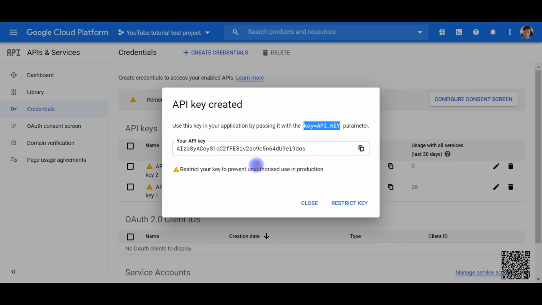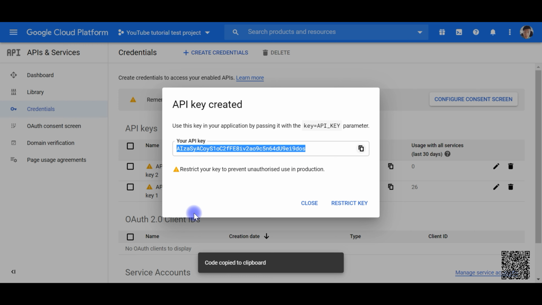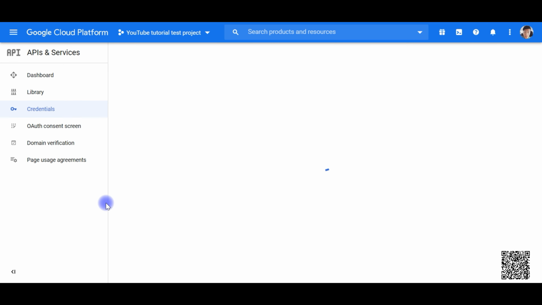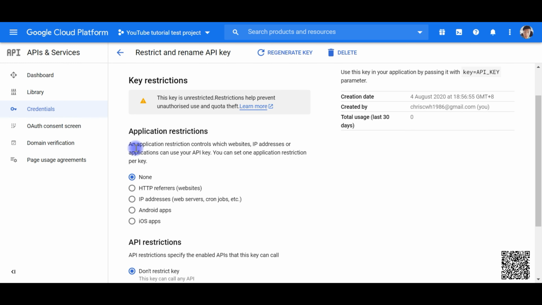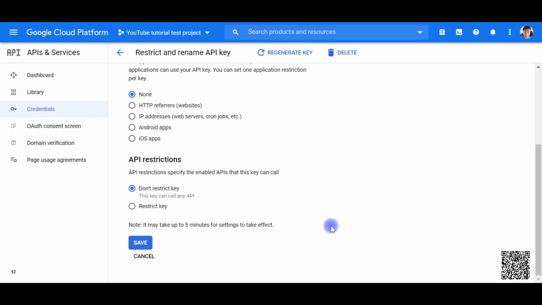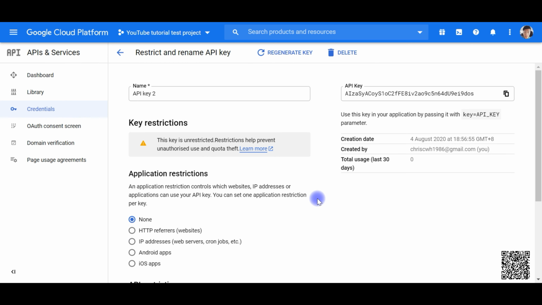Okay, so let's copy that. You can always, of course, restrict the key if you want to, and just set it according to your own requirement or condition.